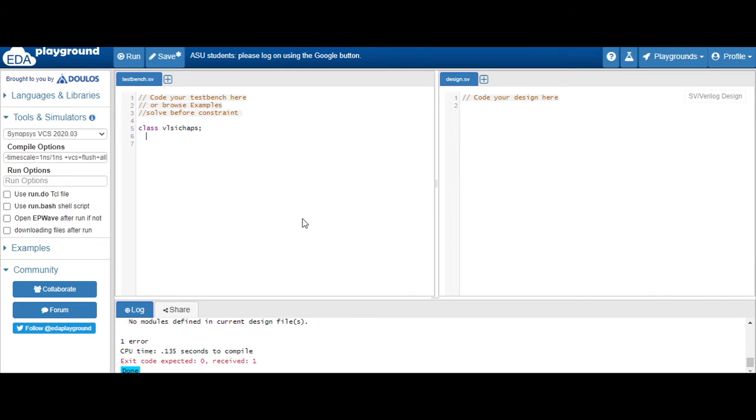Then we will declare two variables: rand bit a, and second one rand bit [2:0] b, and endclass. So you will see the value of a will take two values, that is 1 and 0, and the value of b will take how many values? 8 values it will take, right?